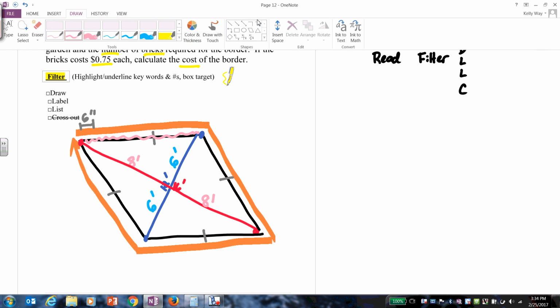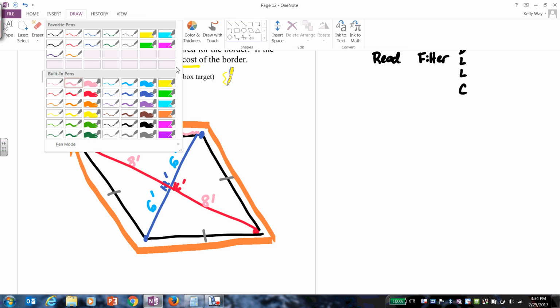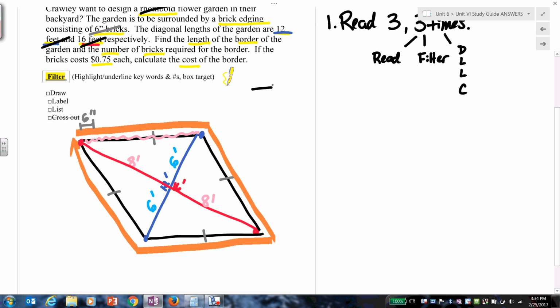We also know that they cost 75 cents each brick. So the bricks are 6 inches each, and they cost 75 cents each. Ultimately, there's 3 questions. Find the length of the border, that's question number 1. Number of bricks, that's question number 2. And then cost, that's the final and ultimate question number 3. Before you go on,